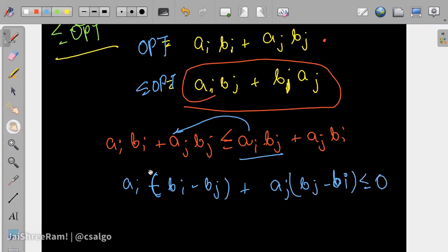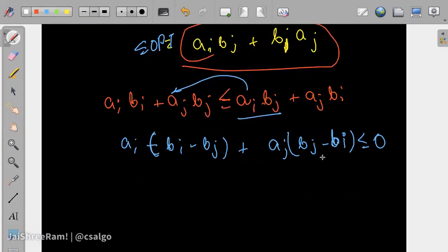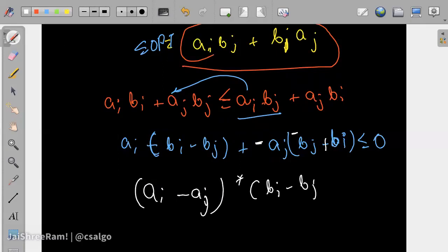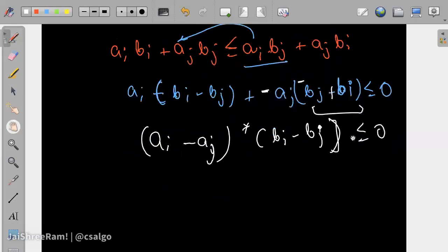0, right? This expression holds, and we can also write this in this format: a of i minus a of j. So I'm taking a minus over here, and I'm making this plus and this minus. I hope this makes sense to all, right? I'm just taking a minus out of it, and I'm making this particular symbol over here minus. That would make my expression a of i minus a of j multiplied by b of i minus b of j, because over here as well it's b of i minus b of j, and this is less than equal to 0, right? So now two terms less than equal to 0.